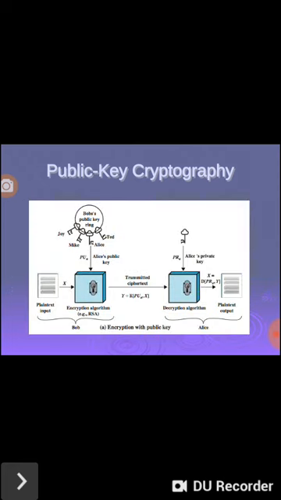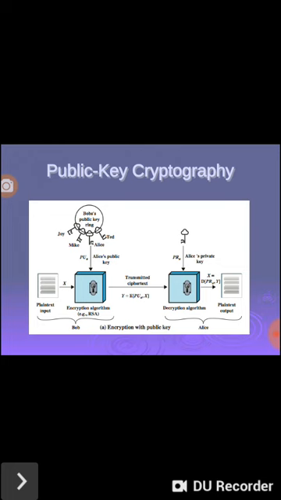Now here we can see encryption with a public key. That is the scenario of public key cryptography, how it works. Here we can see Bob's public key ring, where Bob is acting as the sender and Alice is acting as the receiver. Bob is going to maintain his own public key ring, where the public keys of Joy, Mike, Alice and Ted are maintained.